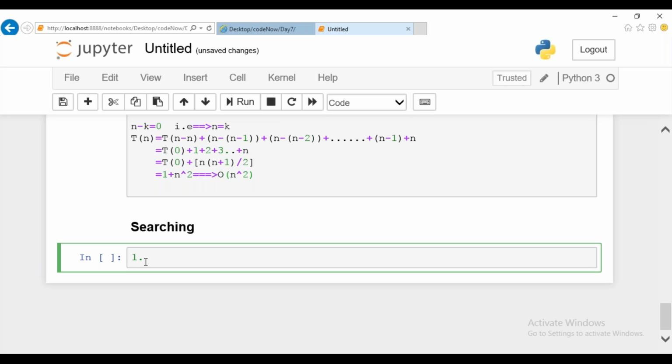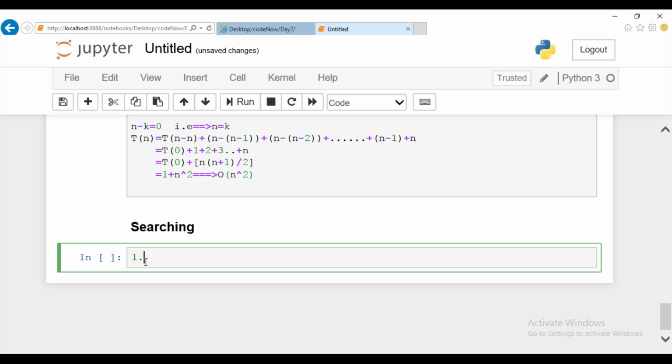Guys, in the case of searching algorithms, don't think that I can use the find method, or for sorting I can just use the sort method. We are speaking about algorithms, we didn't speak about any predefined method. Okay, first come to this clarity. Whenever we see searching and sorting algorithms in Python, the first thing that strikes everyone's mind is using the index method or the find method or the sort method, because it is easy. Why should I see this? First, you should know how the algorithm works and you should understand the analysis of each and every algorithm. That is the reason we are seeing specifically about searching and sorting algorithms.